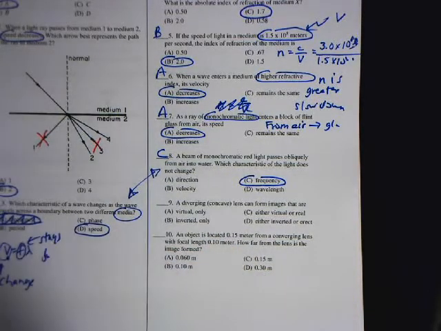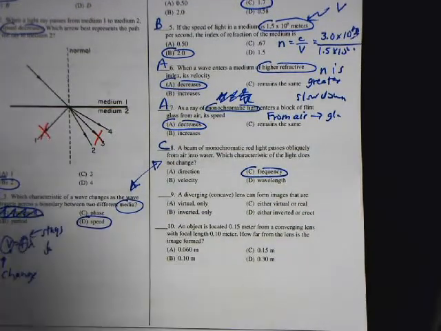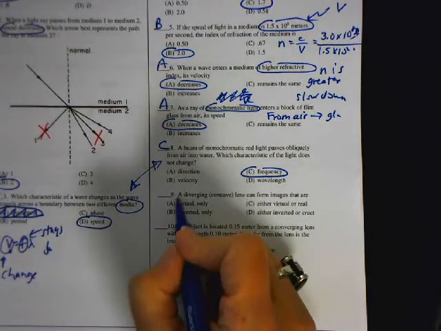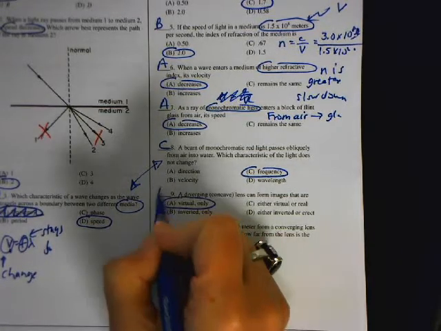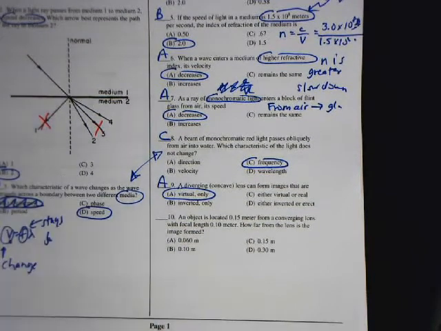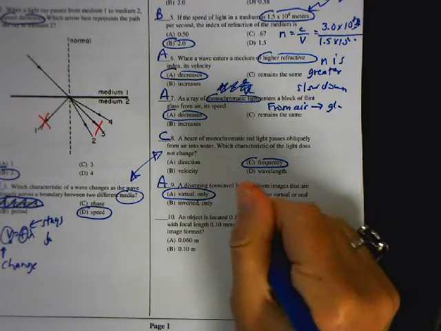What stays the same is the frequency. Number 9, a diverging concave lens can form images that are virtual only. A. Number 10, an object is located 1.5 meters, that's DO, from a converging lens